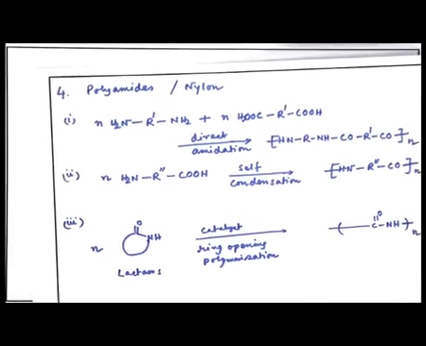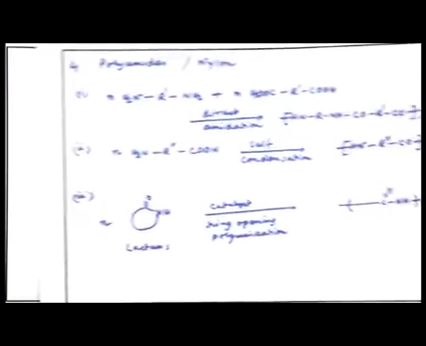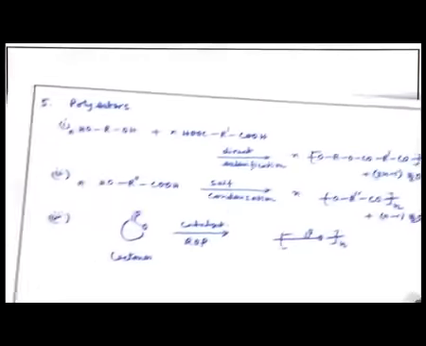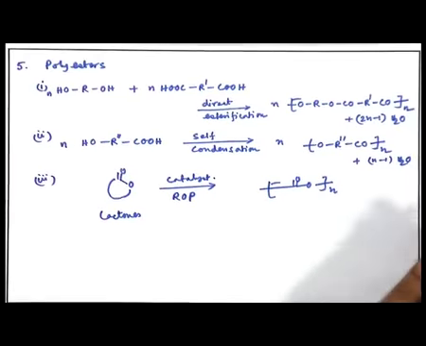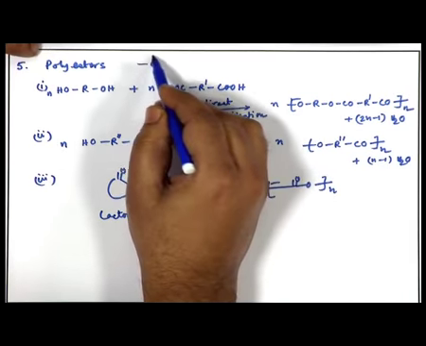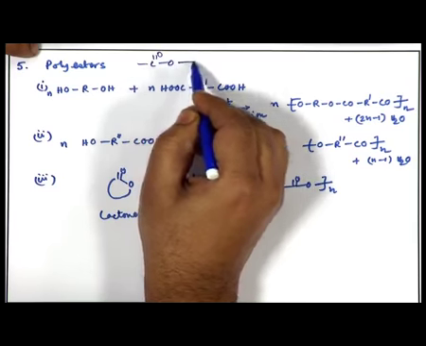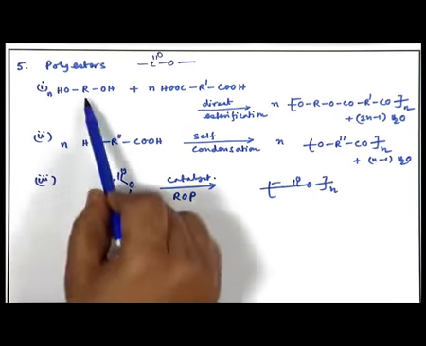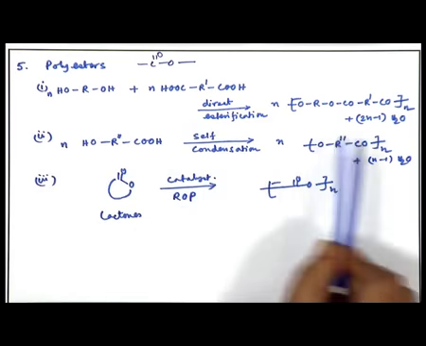So, we will proceed with our discussion on the synthesis of common polymers, and the next polymer we will look at, or just introduce, is the polyesters. As you can imagine, polyesters will have an ester group in the backbone. Again like polyamides, you can have three methods: direct esterification of a diol and diacid produces a polyester,